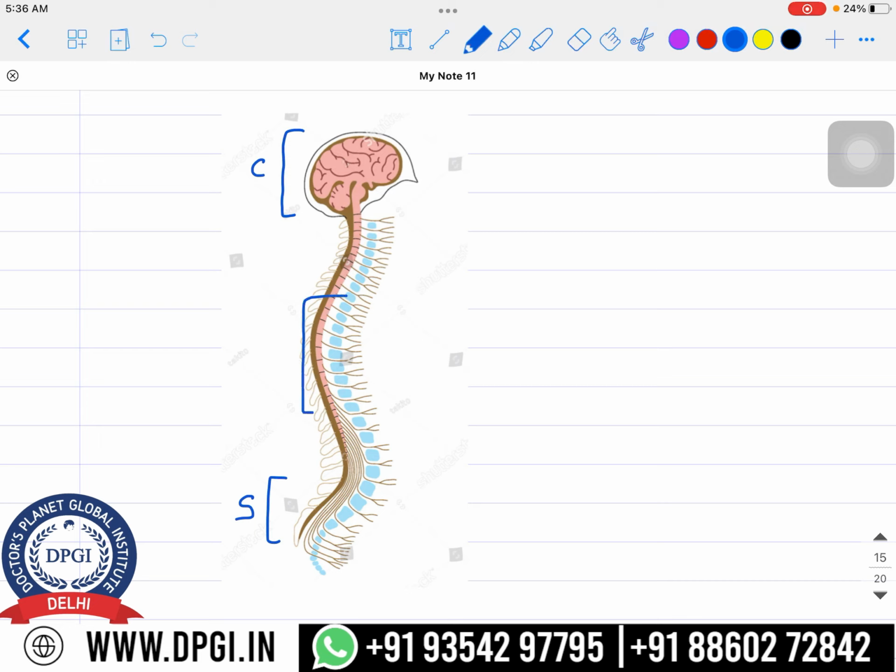As for the sympathetic system, it originates from this region. And what is this region? This is the thoracolumbar region. We know that in this region we have the thoracic region and the lumbar region. If we talk about vertebrae also, like thoracic vertebrae and lumbar vertebrae, so likewise the thoracic region and the lumbar region.